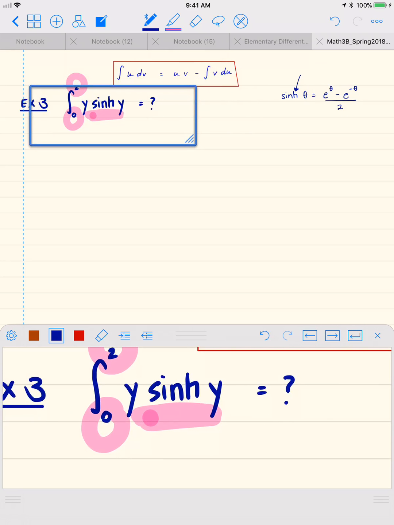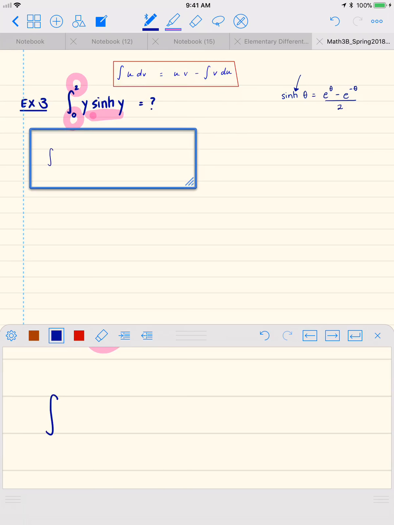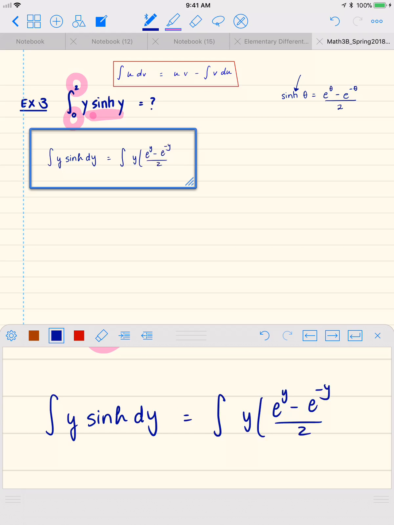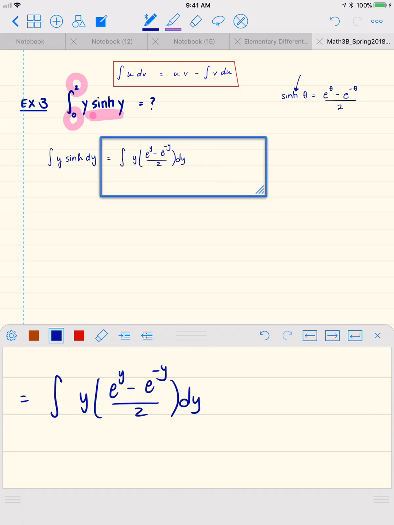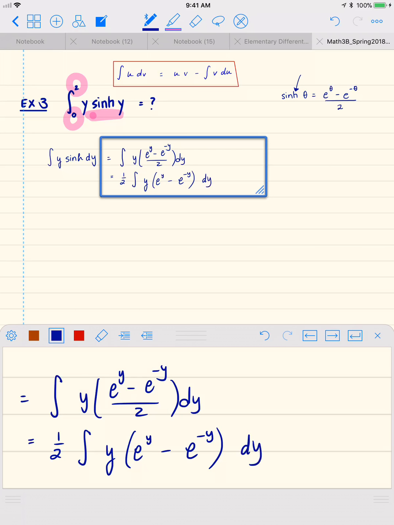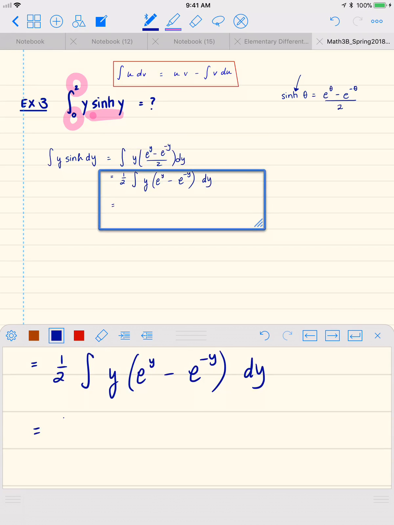Okay, so now the first thing I'm going to do is rewrite my problem. I like to solve these by first finding my indefinite integral and then plugging in my endpoints. So the integral of y cinch dy is going to be equal to the integral of y times e to the y minus e to the negative y over 2 dy. Okay, and then I can rewrite this by bringing out the 1/2. So I've got a factor of 1/2 in that denominator. I'm going to bring that out. So I've got y times e to the y minus e to the negative y dy. Now the next thing I'm going to do is distribute this y. So I'll have the integral of y e to the y